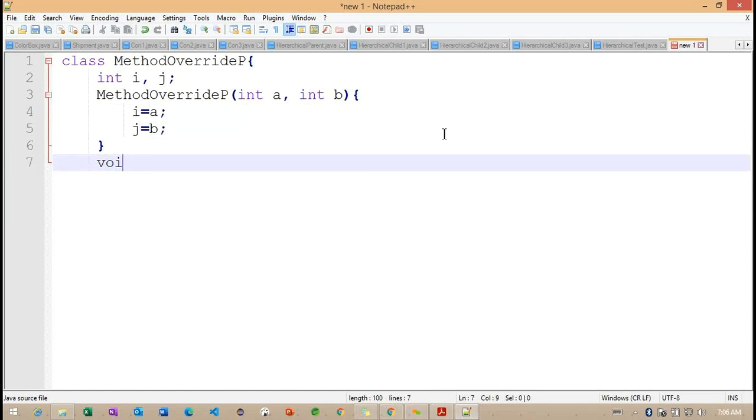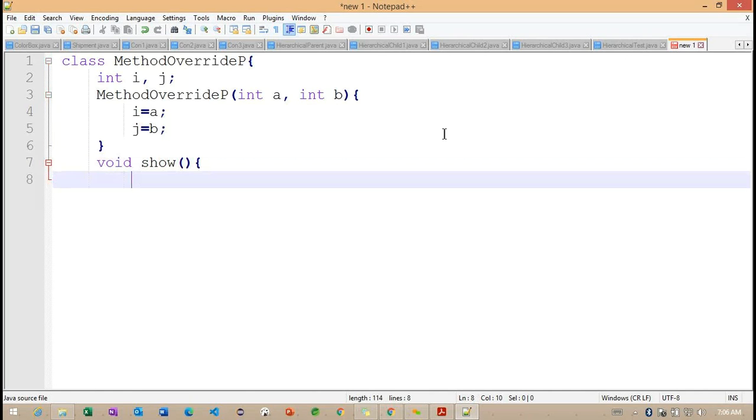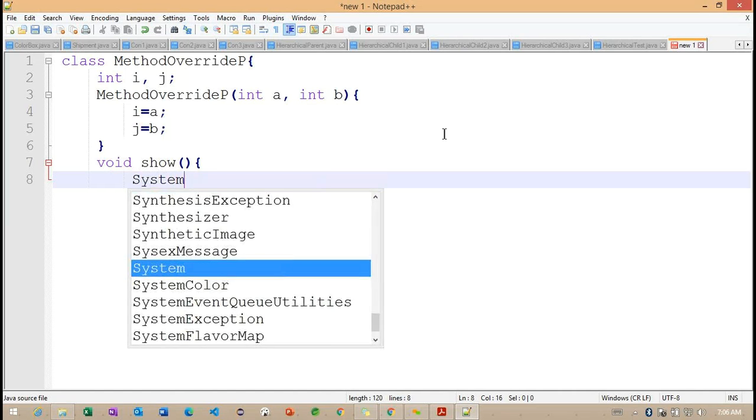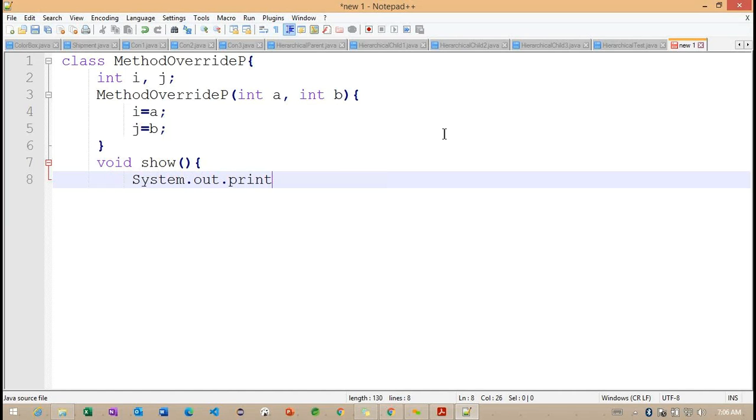I close the constructor and finally define the show method. System.out.println prints the values here.